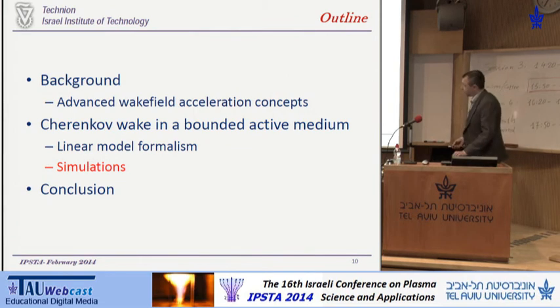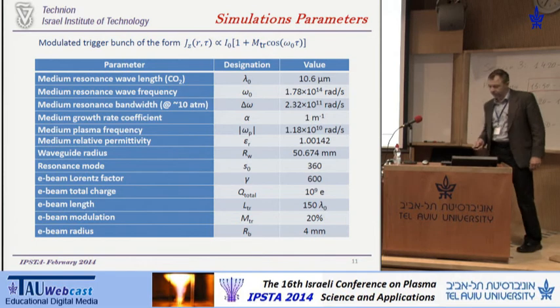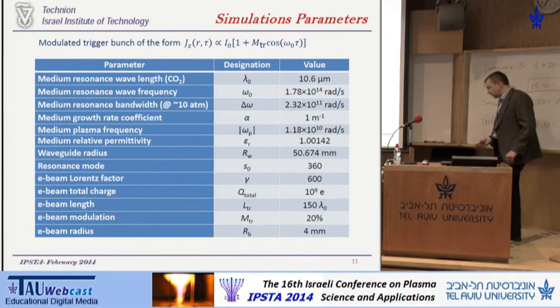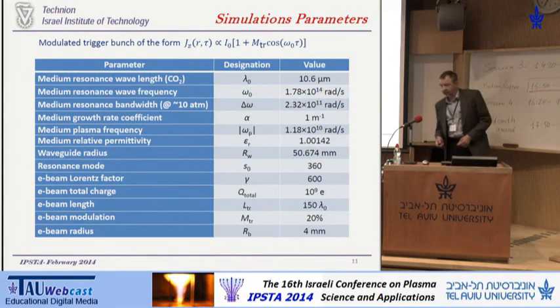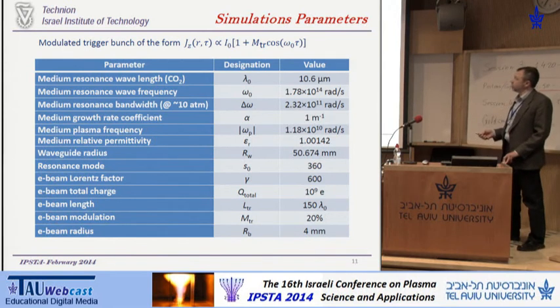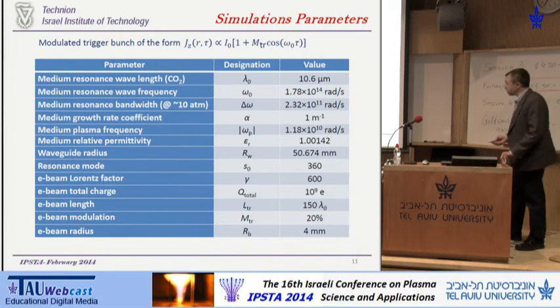Let us see some simulation results for this model. I will not go through all the numbers. I will just say that we used as characteristics of our medium for simulation the characteristics of proven laser systems based on CO2 at high pressure. We consider the mixture of CO2 at a pressure of 10 atmospheres. Lambda 0 is 10.6 microns. The waveguide radius is about 50 millimeters, and the resonance mode is chosen to be